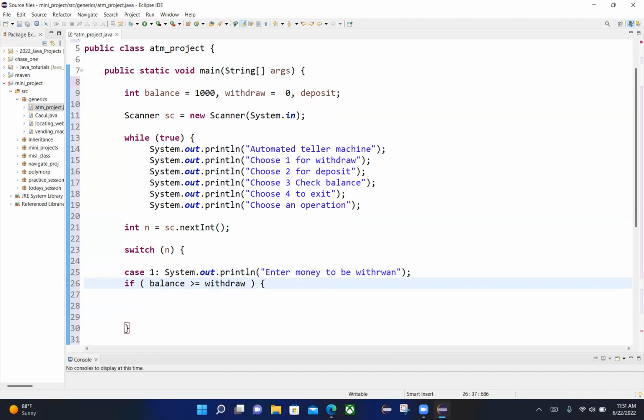Basically, what it's going to do, we'll say balance will be equal to balance negative withdraw. So you see the logic back here? It is so amazing. It's super interesting, I think. Just put a semicolon, that should go away. There you go. And now we're going to print,